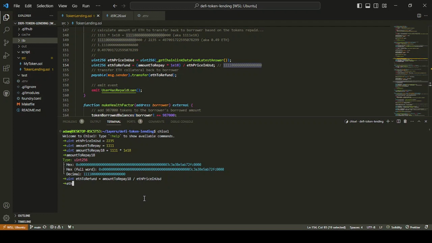ETH to refund, and there we go. And that's how much ETH we're refunding there. Do that. Go 1, 2, 3, 4, 5, 6, 7, 8, 9, 10, 11, 12, 13, 14, 15, 16, 17, 18. So it's going to be